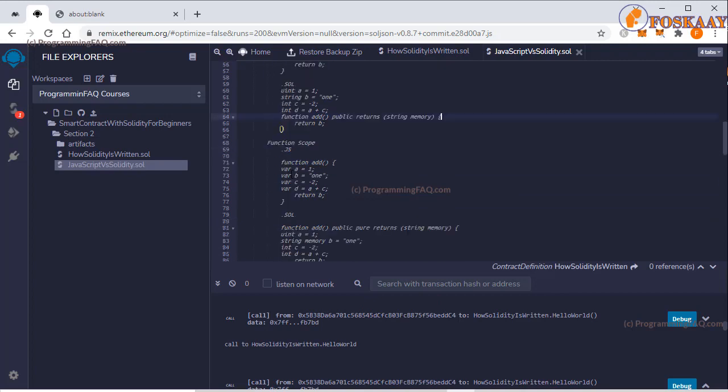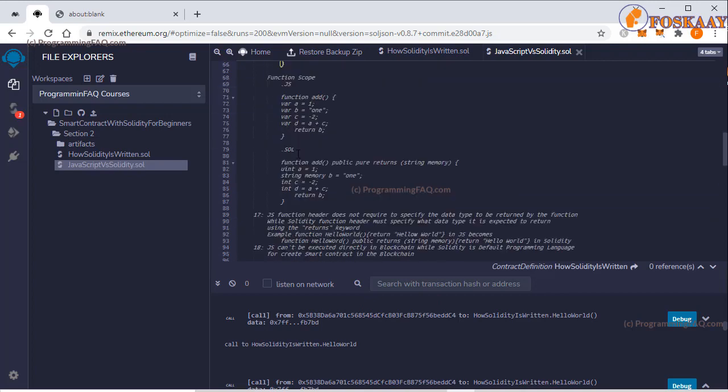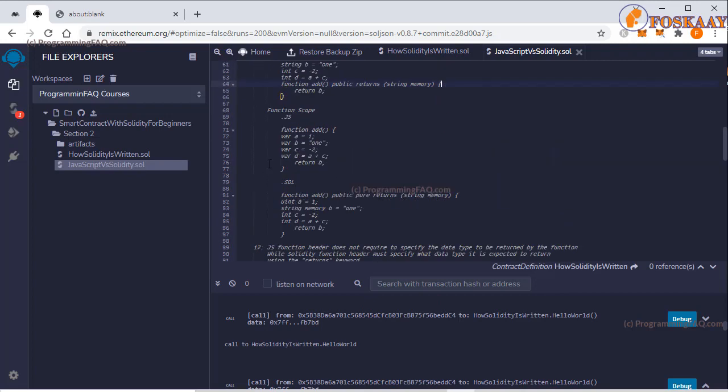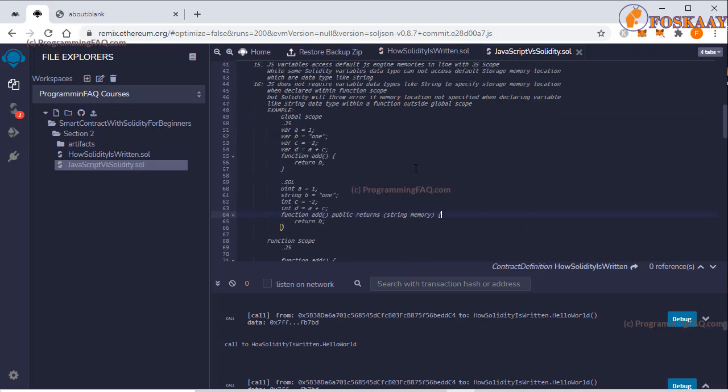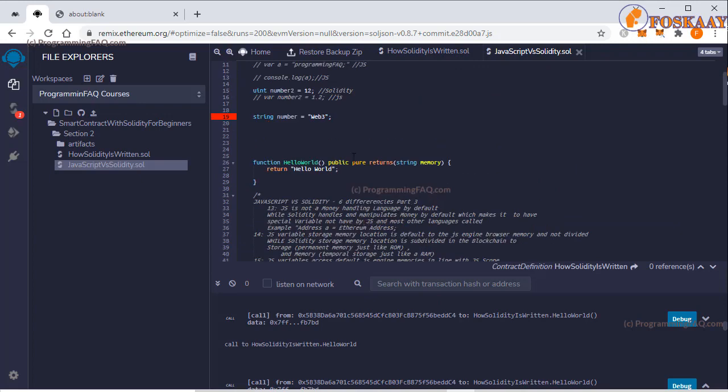So you get to learn all those over. You can just run through this. Now 17, JavaScript function header does not require you to specify the data type to be returned by the function. So I've previously written a function for you. So in JavaScript, your function, so this one will be